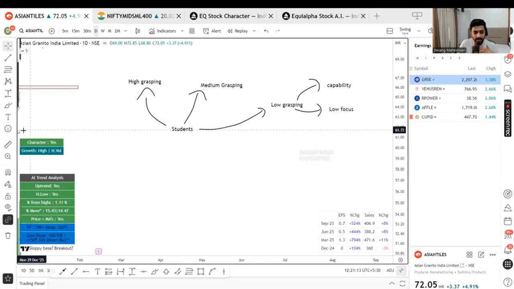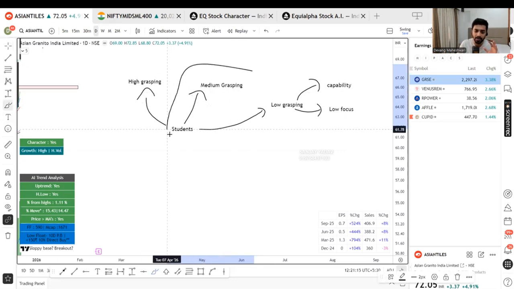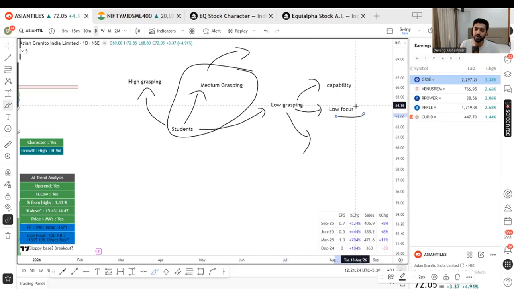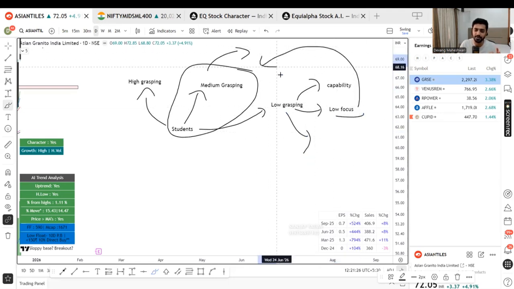And trust me, where I come up here, what I've seen, majority of us come here only. These are low focus people. At some point in life he becomes medium focus. When it comes to money, he will understand that to earn money I have to be serious, I have to focus. But if somebody is lacking capability, these people are less. They eventually learn and move to medium.